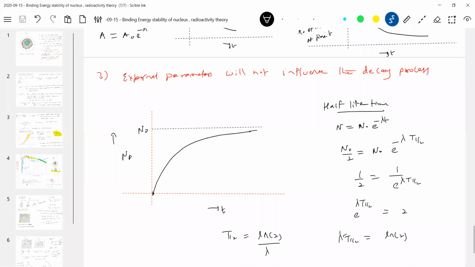Most of the books derive it, if you want to check it. Half-life is something very important for us. Okay, I'll come to other calculations later. So after getting this half-life,